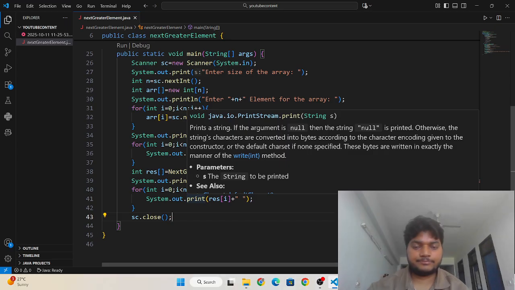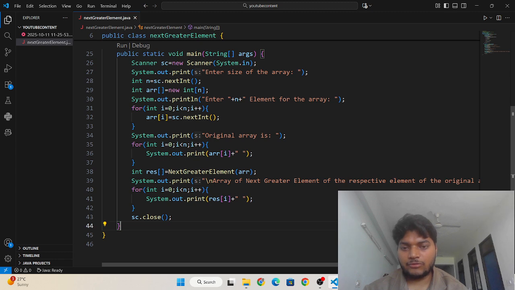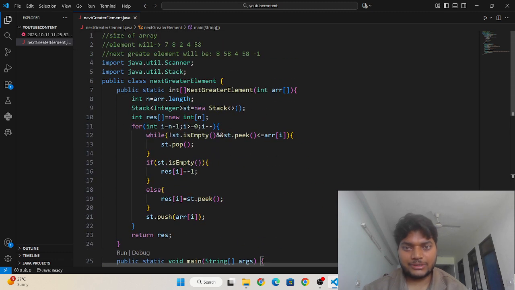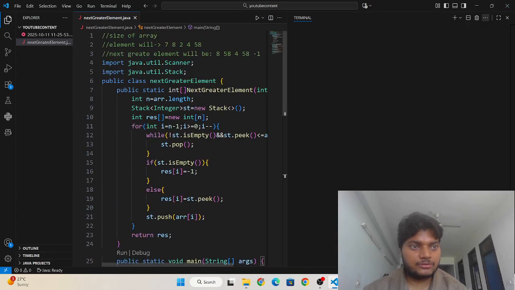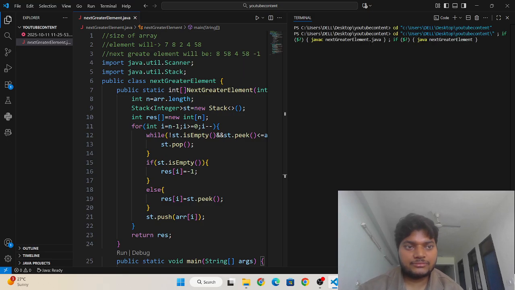Then I am going to execute the same thing. See, I am going to enter the size of the array, which will be 5. Then I am going to enter 5 elements for the array.